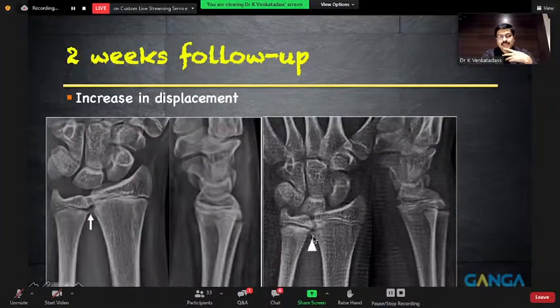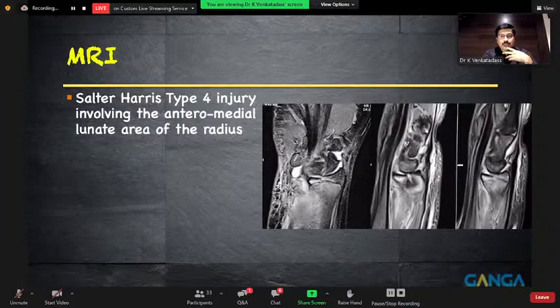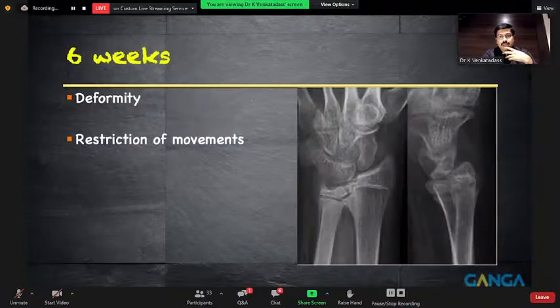You can see that there is an increase in displacement, and the surgeon identified the displacement and took an MRI also. So it was managed elsewhere initially, and the MRI showed a Salter-Harris type 4 fracture, and the surgeon decided to treat it conservatively. Unfortunately, at 6 weeks, you can see that the child had a malunion with a carpal subluxation